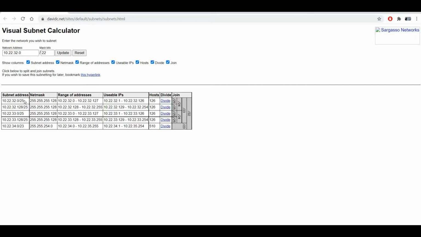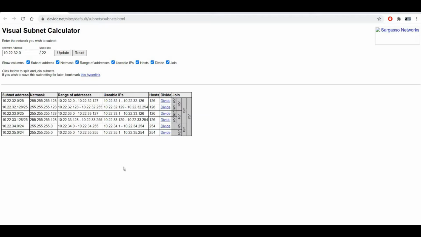In this range, I can use this subnet for my web and this subnet for my web availability zone 2. In the same way, this one I can use for my DB and this for another DB availability zone. This IP range I can equally divide between two availability zones.